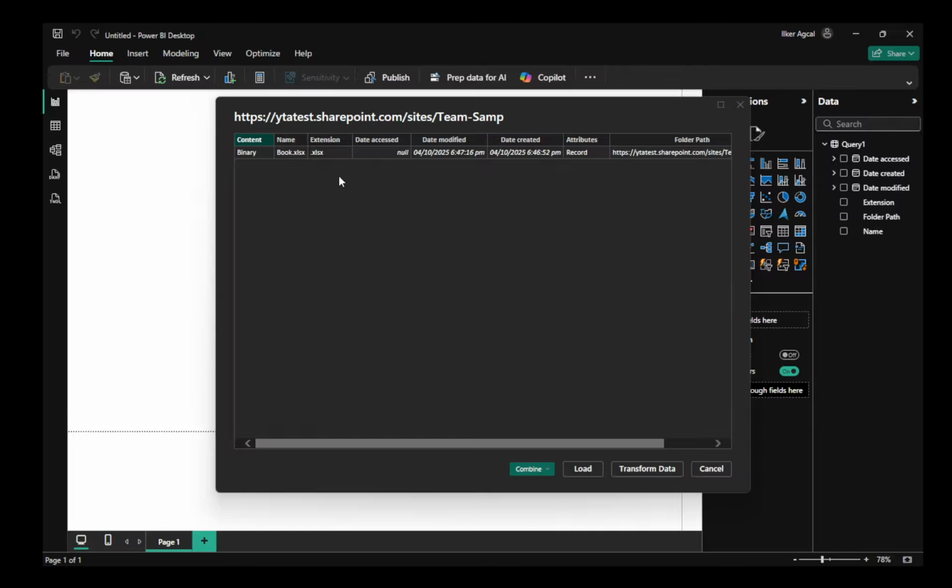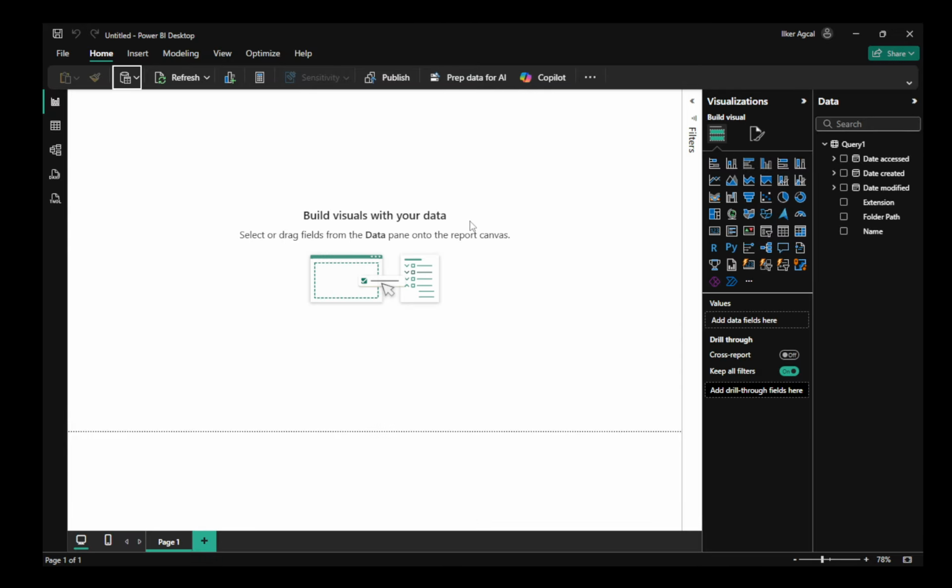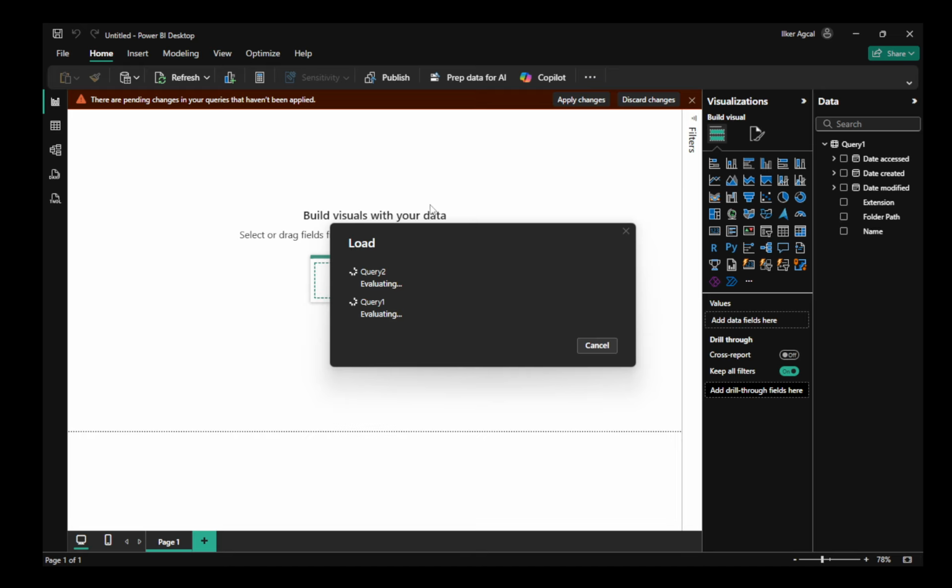Next, publish your report to Power BI Service. Head to the dataset, find Settings, and under Data Source Credentials, ensure the connection to SharePoint is validated and that you're signed in with your organization account. Finally, set up the scheduled refresh, so whenever there is a change in your SharePoint file, Power BI can refresh